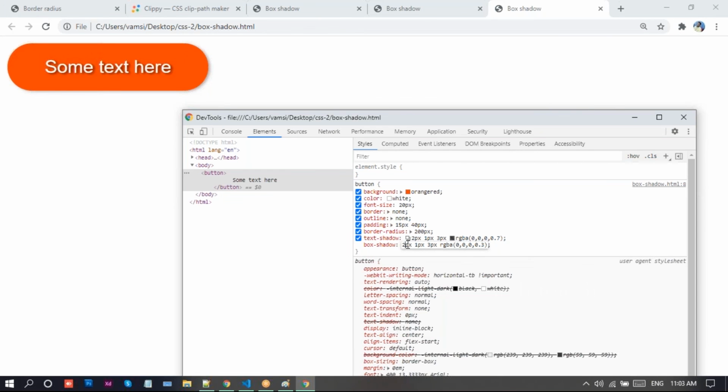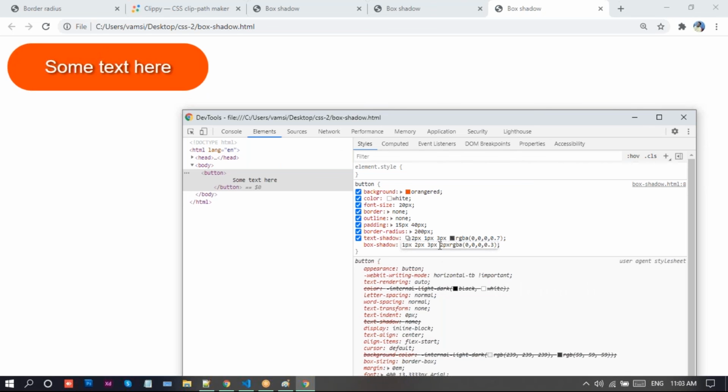Increase this Y, or increase this X, offset X and offset Y like this. And if you don't want it like this, you can provide 2, and here also I just reduce this to this one. It's really cool.